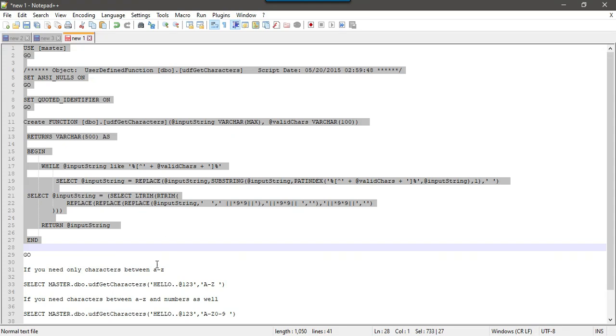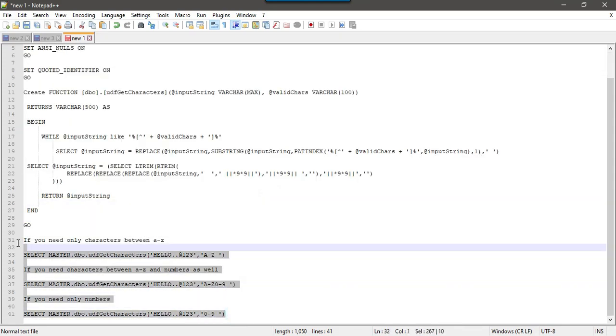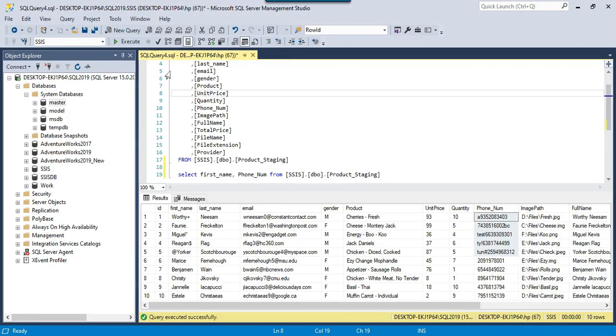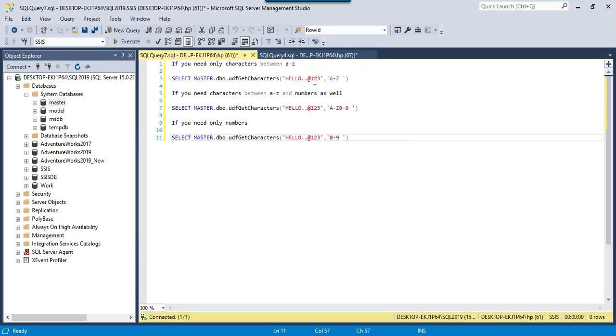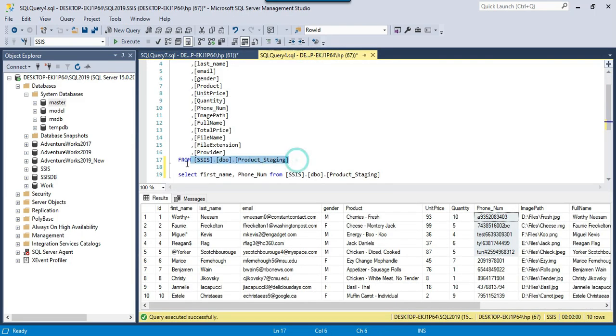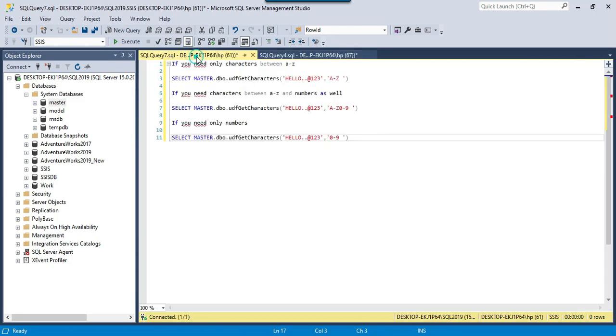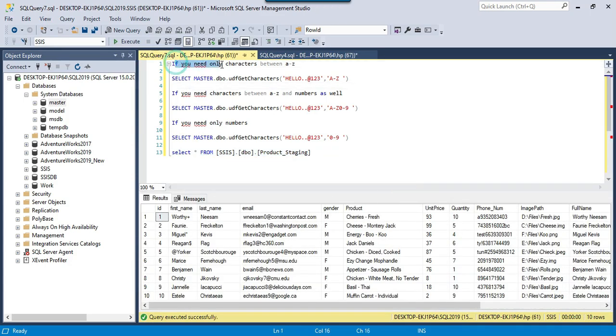I have written these 3 scenarios here and I will explain each scenario. Let me first copy this query: select star from product_staging. If you need only characters between A to Z, then you need to call it like this: select